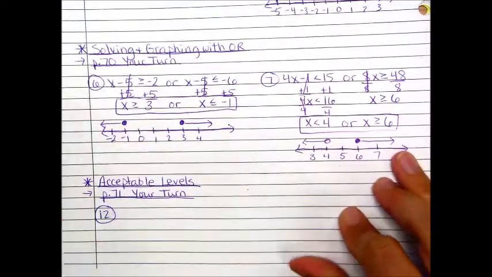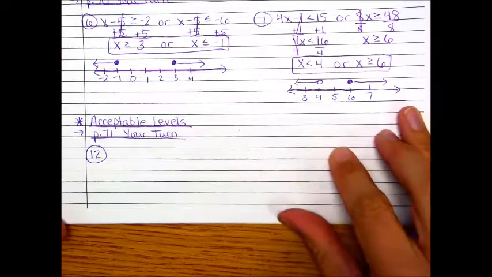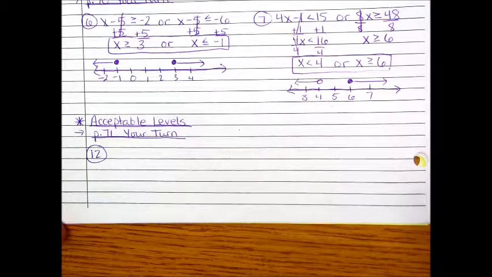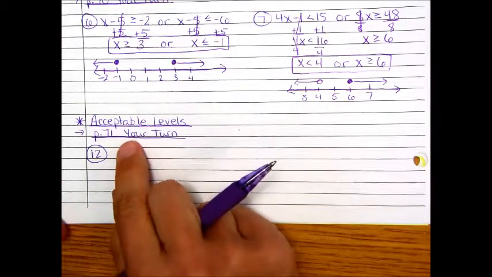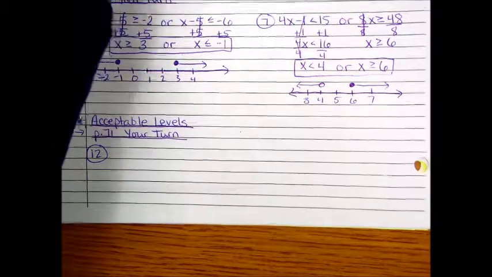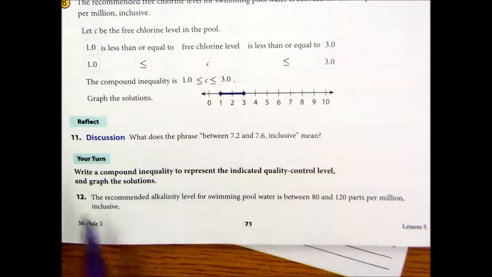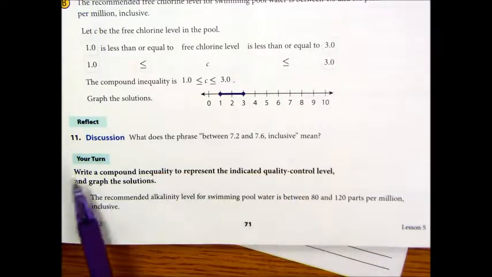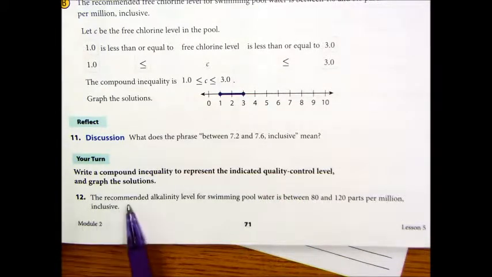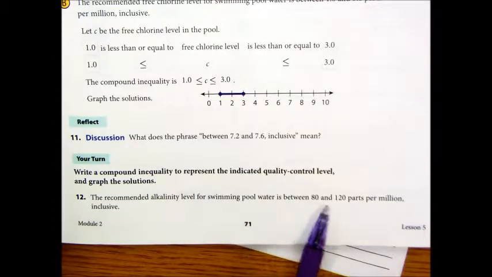So the only thing left that we want to make sure we're ready to deal with is there are going to be a few word problems that ask you to just write an inequality and graph that represent the scenario in the word problem. So to do this, we need to take a look at a problem off of page 71. So on page 71, at the very bottom of the page, there is problem number 12 down here that we're going to take a look at. And as you see, it says write a compound inequality to represent the indicated quality control level and graph the solutions. So it says the recommended alkalinity level for swimming pool water is between 80 and 120